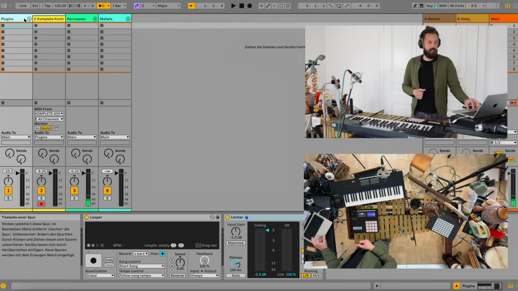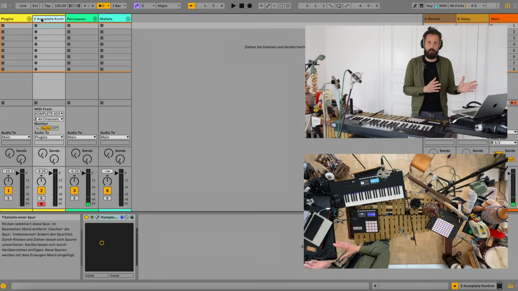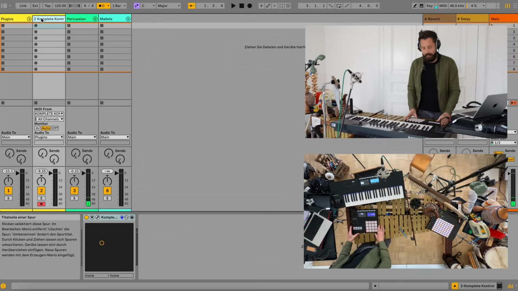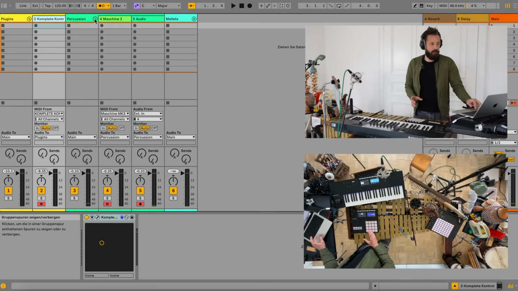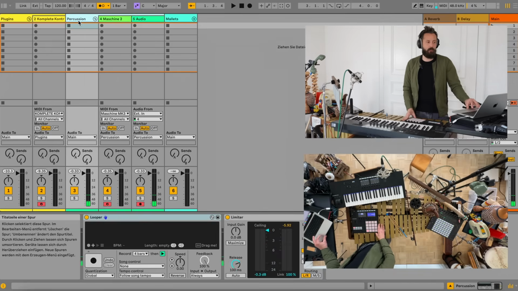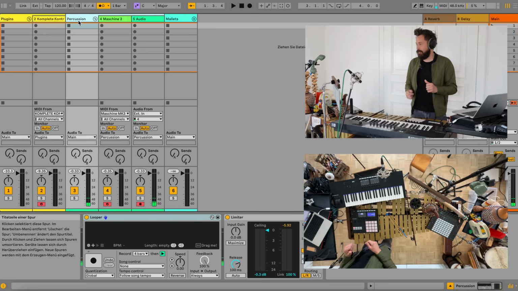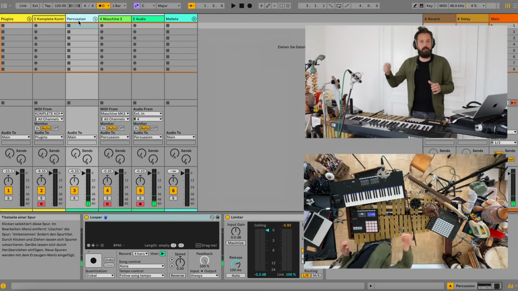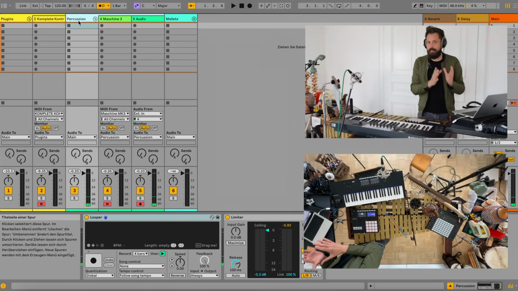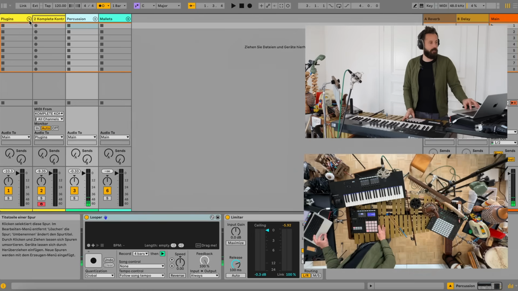Firstly, the plugins group is basically every plugin that I use goes into this group. Our Maschine plugin, which I used for the beat in the example before, is now in the percussion group here because I want to have a separate group for all beat kind of stuff. Is it acoustic or is it electronic? I want to have this in the same loop. So this is why the Maschine plugin is in the percussion group here.